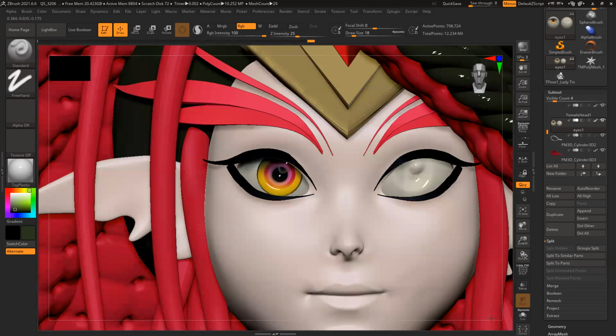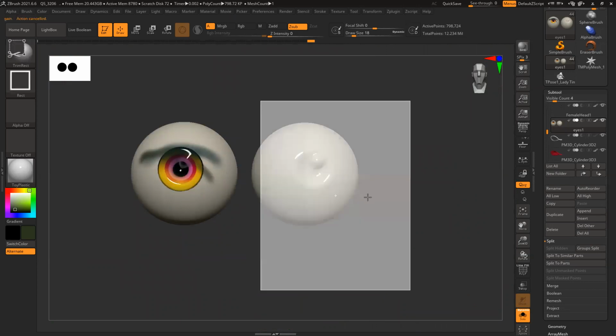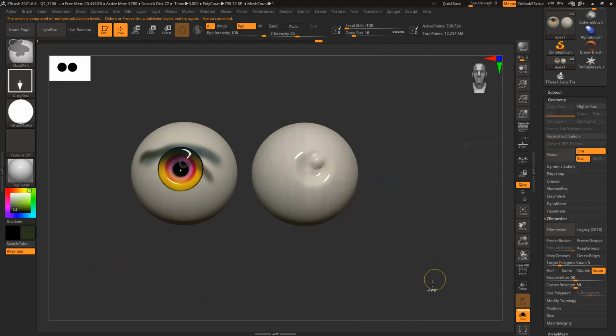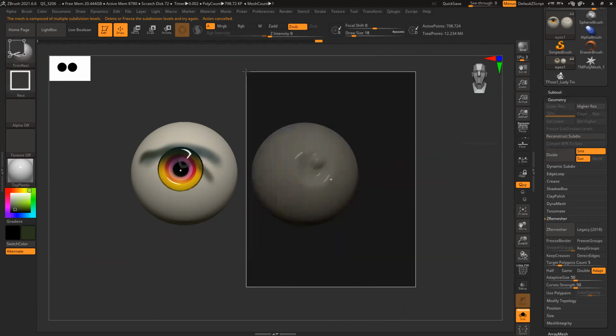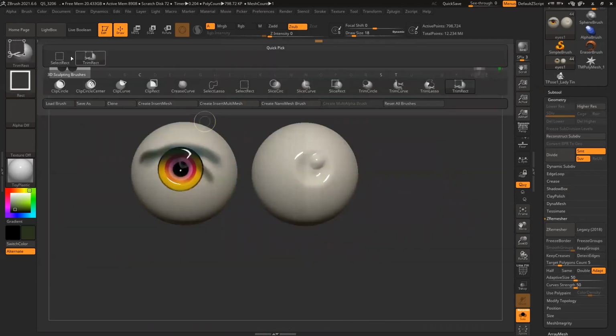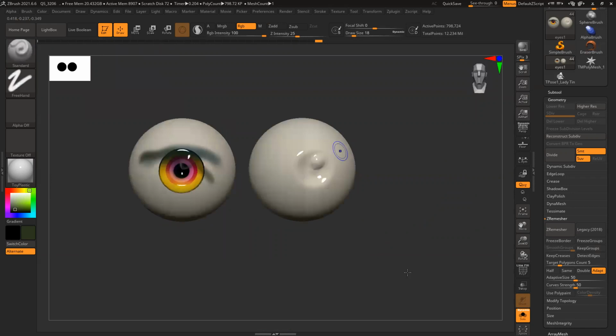So I can just simply isolate this and press control shift and alt together. Oh, it has multiple subdivision levels. Oh, no trim. Select control shift alt everything.